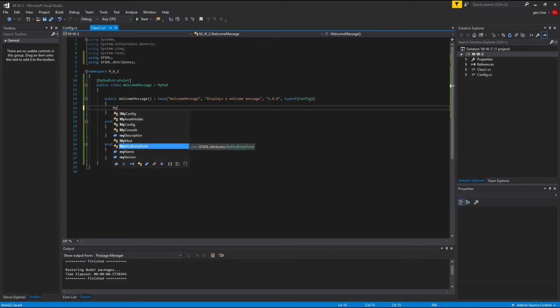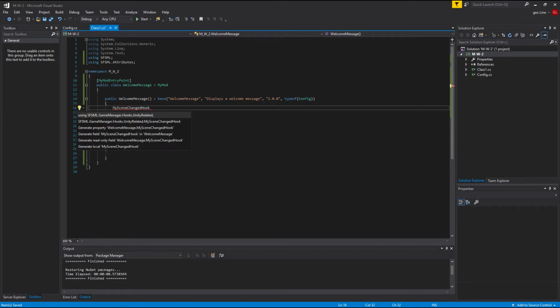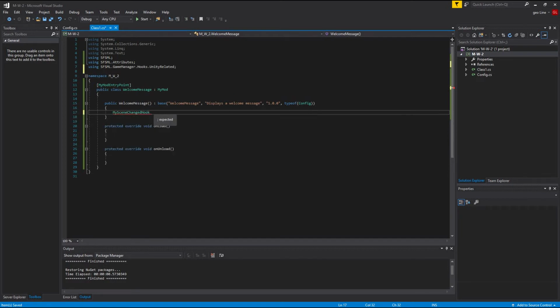We will hook into the my scene changed hook. This is called after a scene is changed. Let's be sure, when a scene is changed, not all the variables are initialized. So if you want to, let's say, display something in the build menu when you load it for the first time,